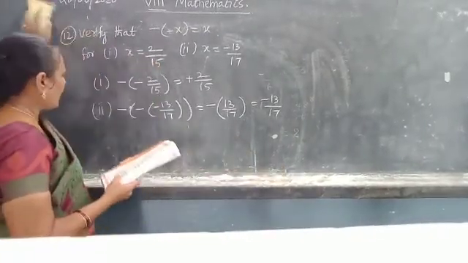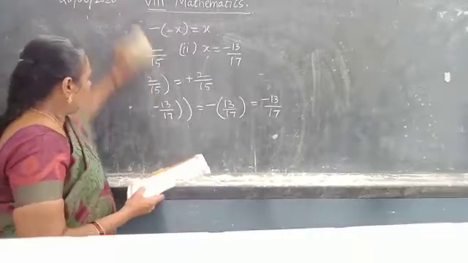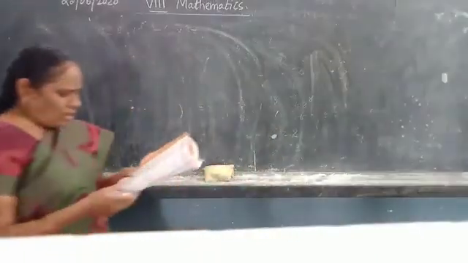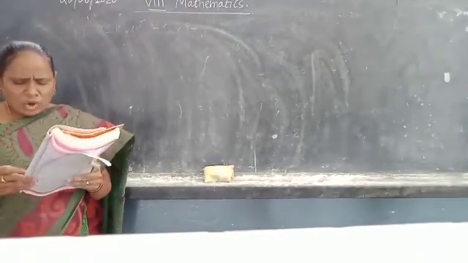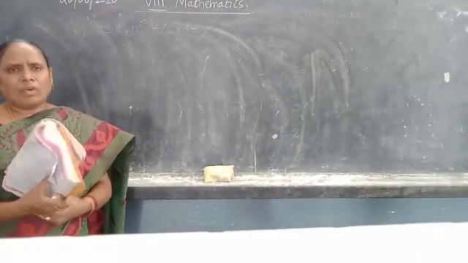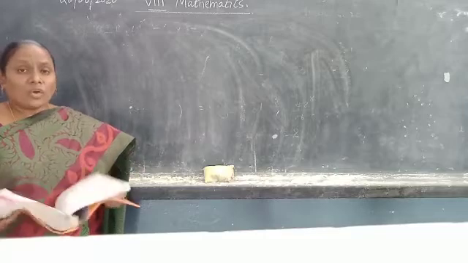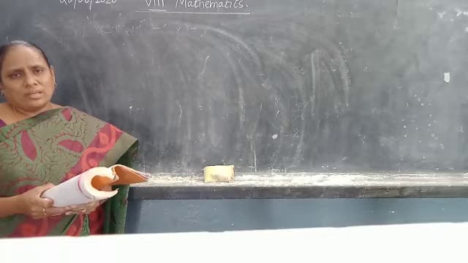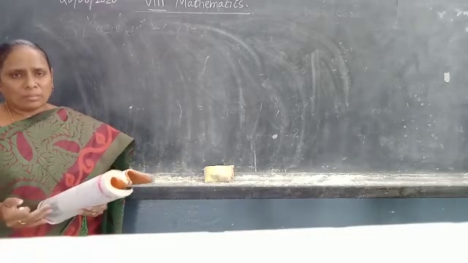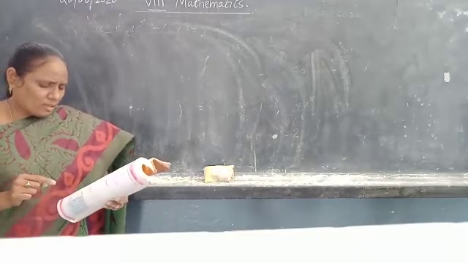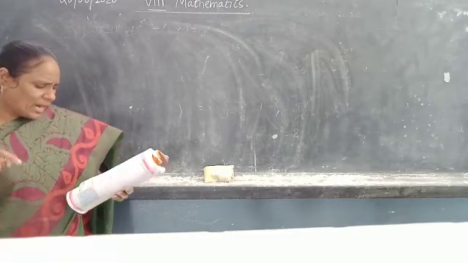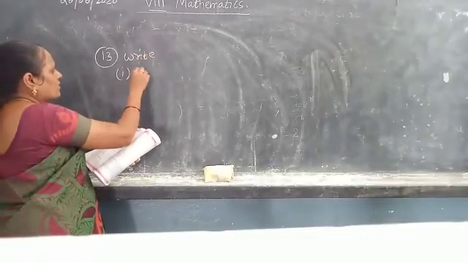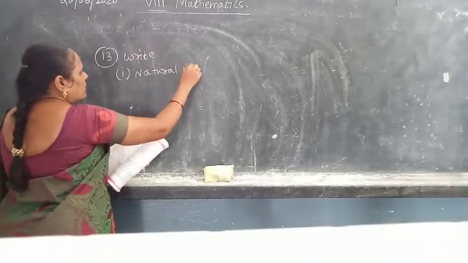The last bit of the exercise is right here. There are 3 simple single answer questions that we will see now. The set of numbers which do not have any additive identity. What do you mean by an additive identity? 0 is called an additive identity. 0 is not there in which set of numbers? 0 is not there in the natural numbers. Therefore, the set of numbers which do not have any additive identity is natural numbers.